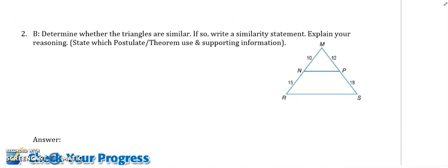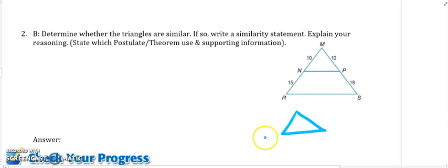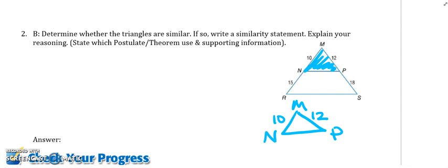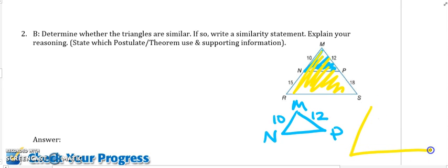Okay. Again, you're going to do smaller with smaller, bigger with bigger. Here I don't have a medium one, but you've got to make sure to use the whole part of your triangle. So what I'm going to do here is redraw my little triangles. There's my top one right here. And then I don't have this trapezoid, I have my whole triangle. So when I redraw the whole triangle,